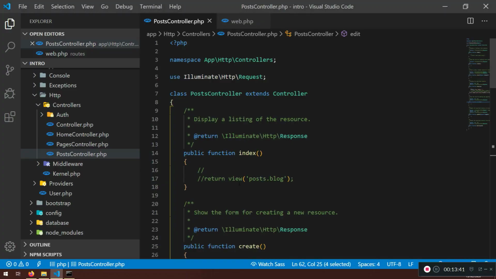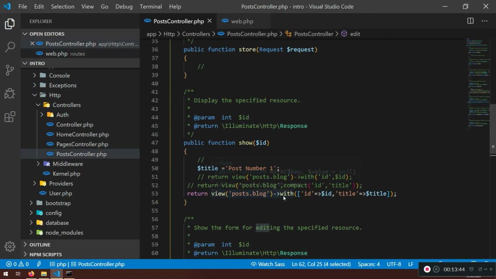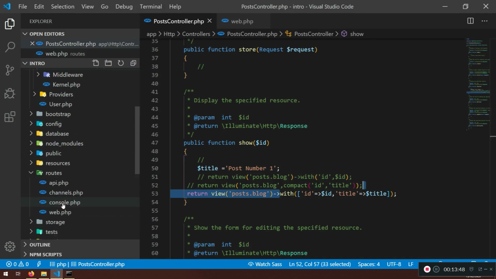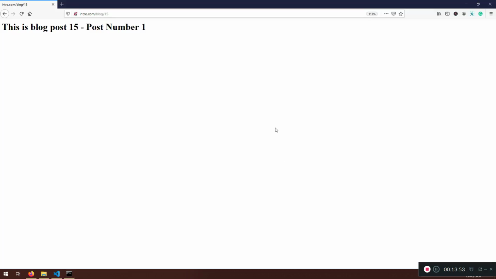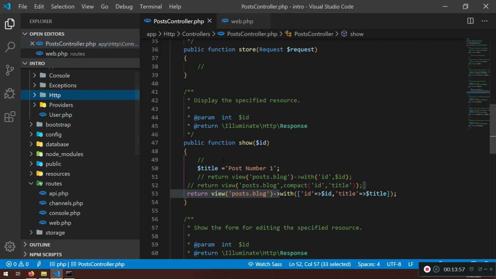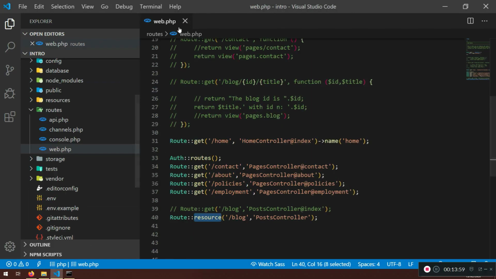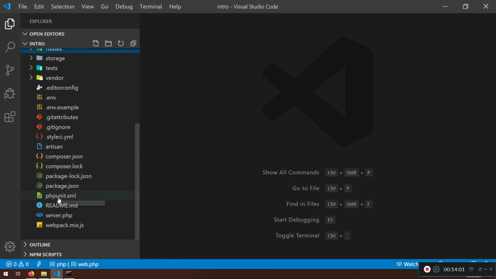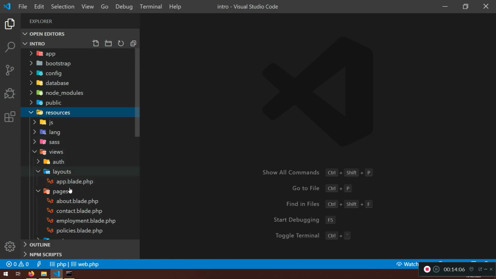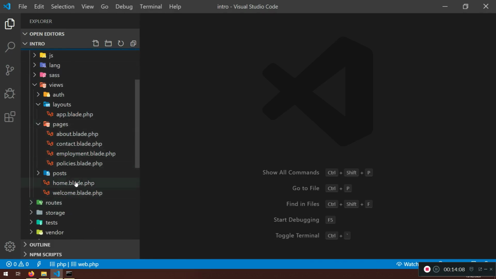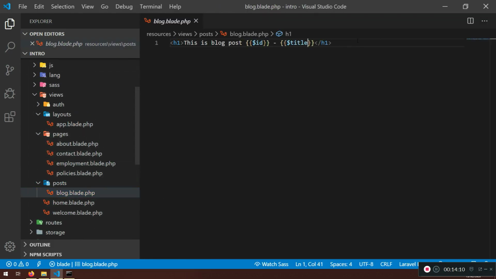Now you know how to pass multiple parameters with width as well. You know how this blade templating is working. Actually, let's just fix this part, because this is not fixed. This lecture is getting too long, so I'm just going to close everything here. I will need to go to resources, views, posts, block post. So I'm just going to grab this one and I will say extends